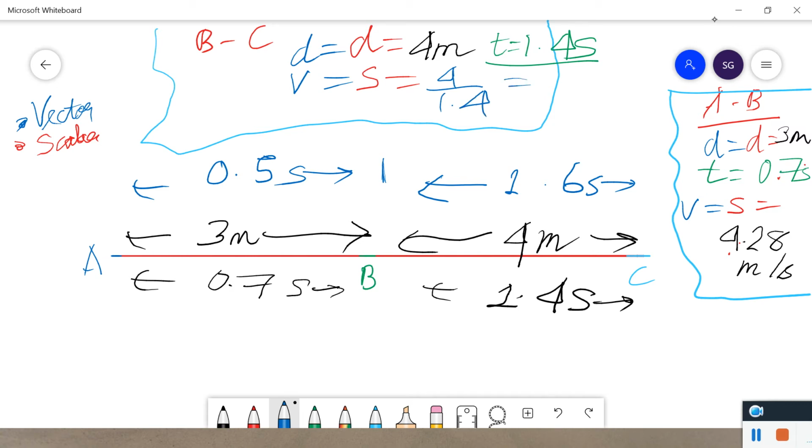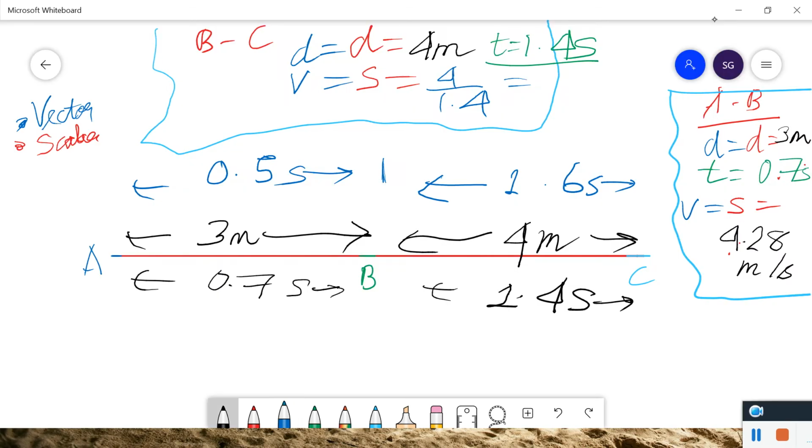That comes out to be 2.85 meter per second. Okay. Now